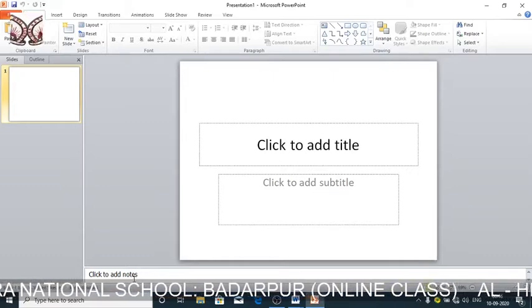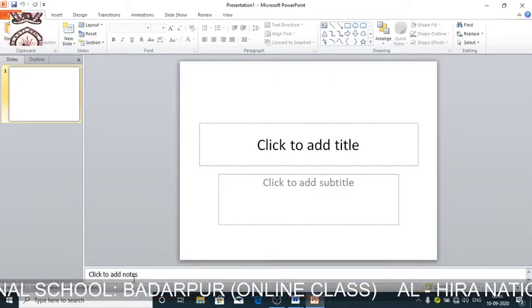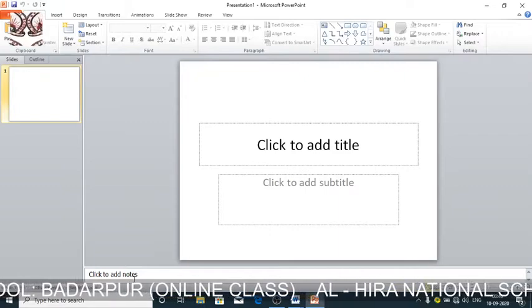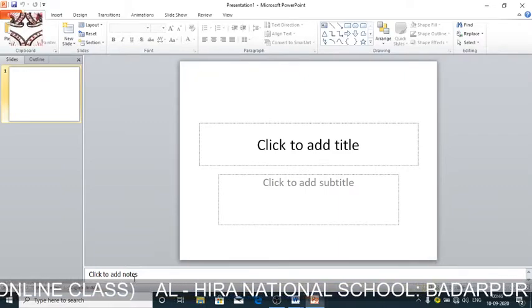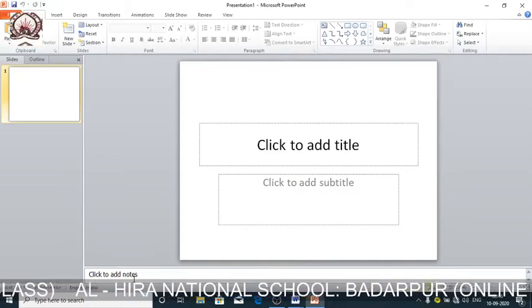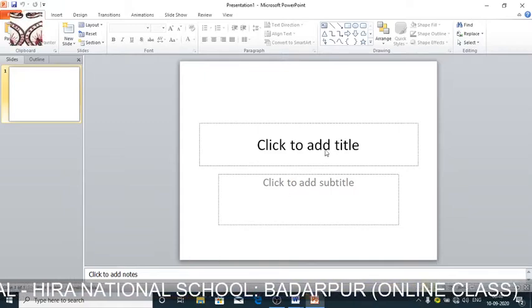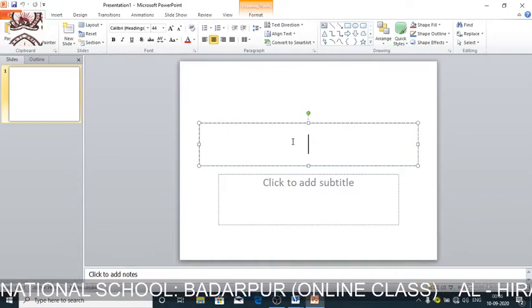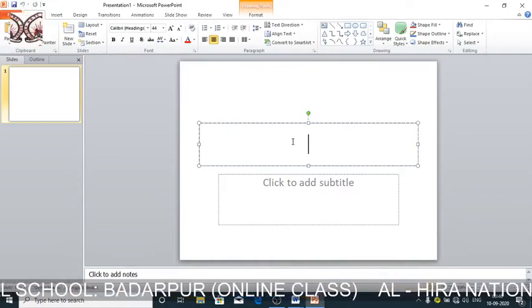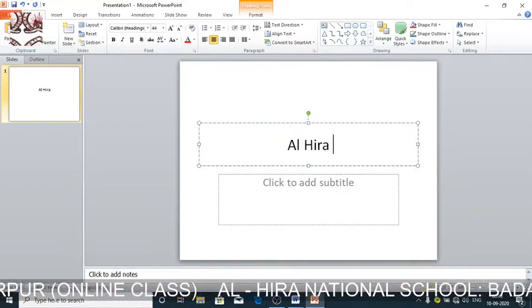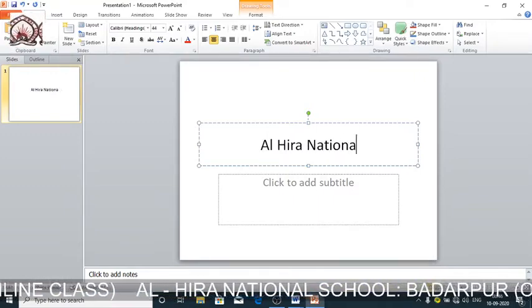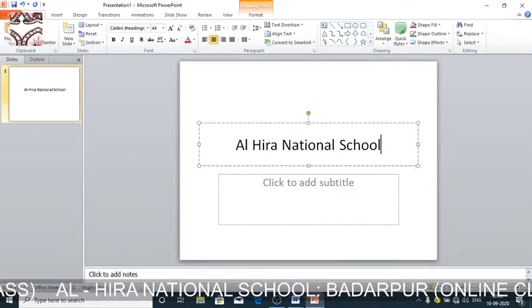Now what is an object? Any picture or text on a slide is known as an object. If you add any text, suppose I write here, Al-Hira National School.